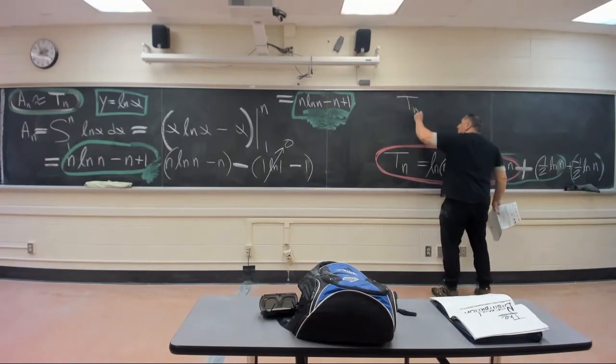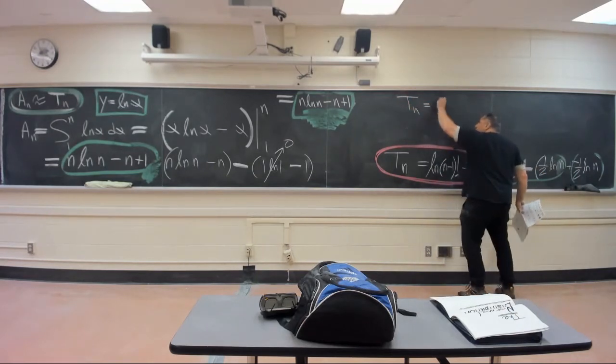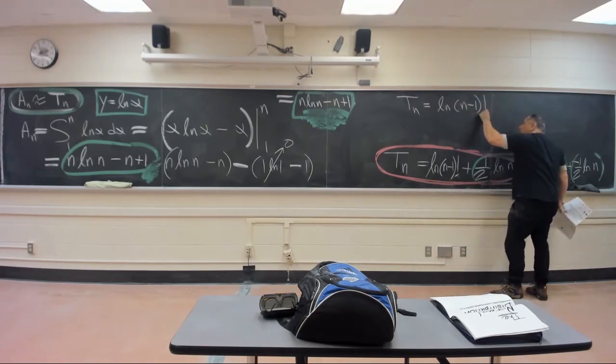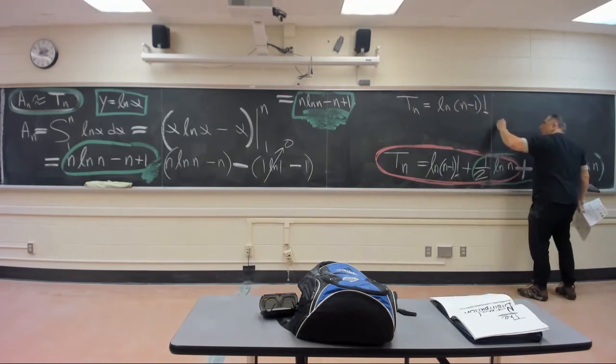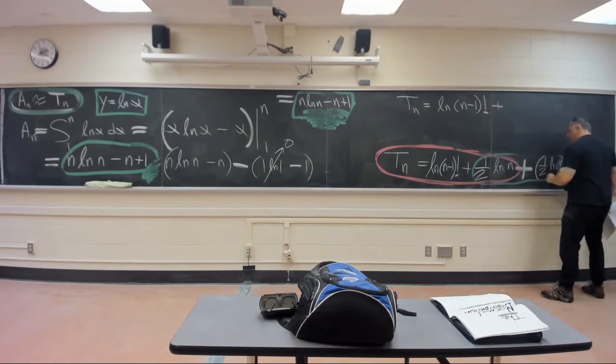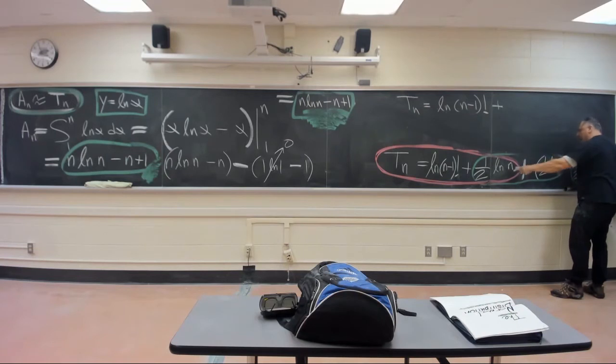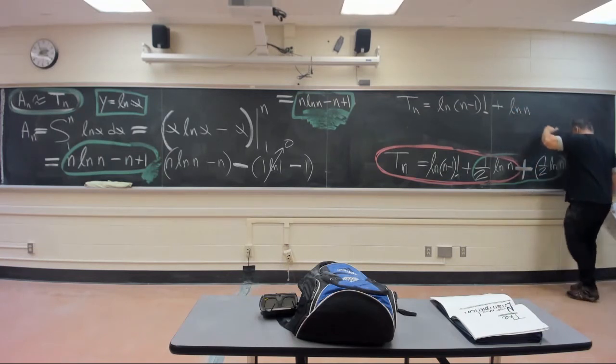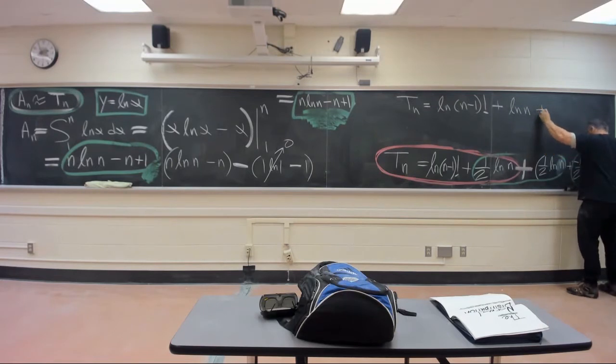You got Tn equals ln n minus 1 factorial plus a half and a half, 1/2 ln n plus 1/2 ln n plus